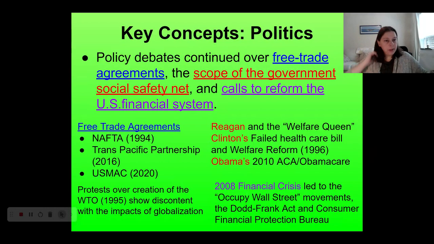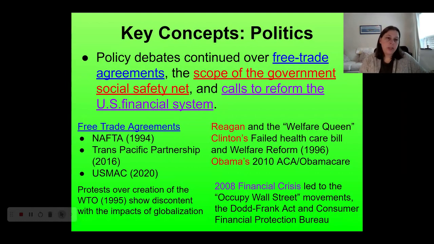Another area of debate that we've already touched on is how big, how strong should the government's social safety net programs be: Social Security, Medicare, Medicaid, welfare, food stamps, those types of programs. Those are social safety net programs. Reagan brings attention to this by introducing tropes, racist tropes in many ways, like the welfare queen, a term that's coined during his administration, to argue that people are abusing these programs and that they're bad for society because they are creating weakness or dependency in Americans.